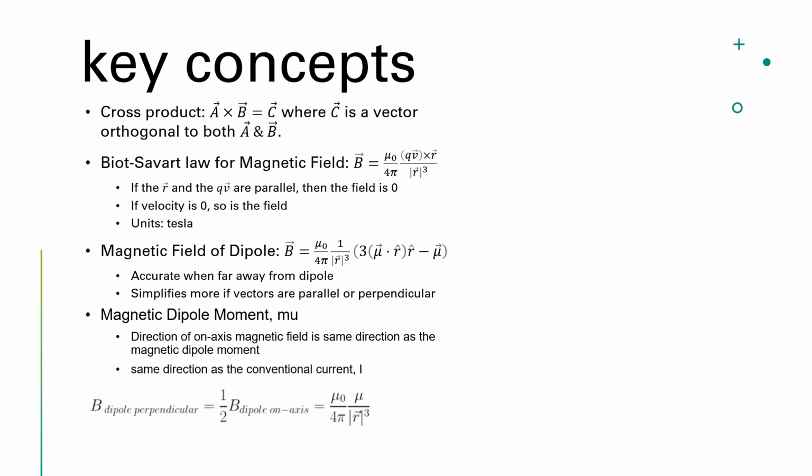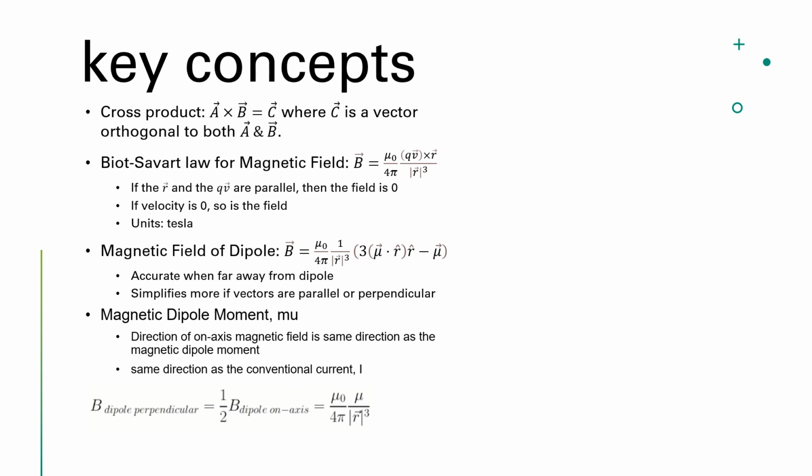Then there's the magnetic field of a dipole. The equation's also on the slide here. It's more accurate when you're farther away from the dipole, and it simplifies if the vectors are parallel or perpendicular. Then there's the magnetic dipole moment mu. The direction of the on-axis field is the same direction as mu, and is also the same direction as a